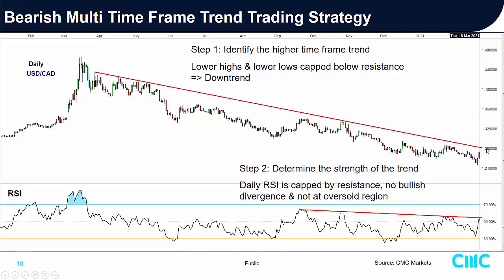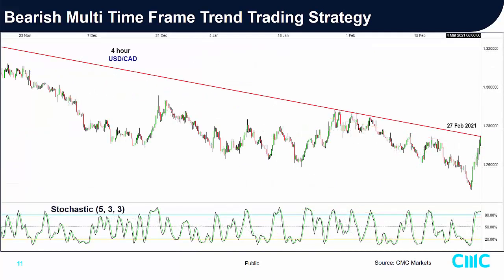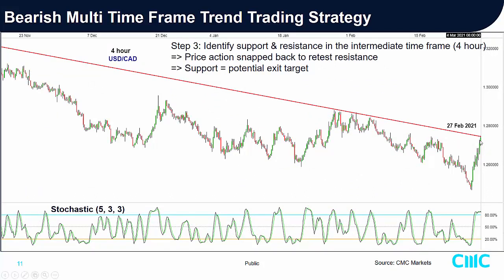That means it's coming very close to the resistance level. So on the 4-hour chart, I should plot the resistance. All right, over here is to determine the price action to snap back to retest the resistance, which is at this point in time, which is 27th of February, at this level 1.2746, and also using the 4-hour chart to